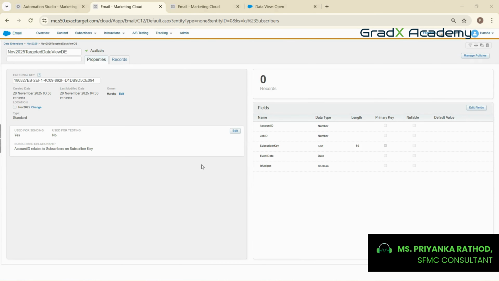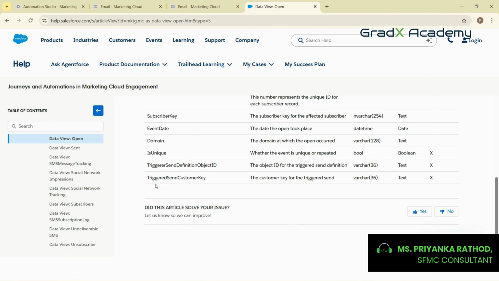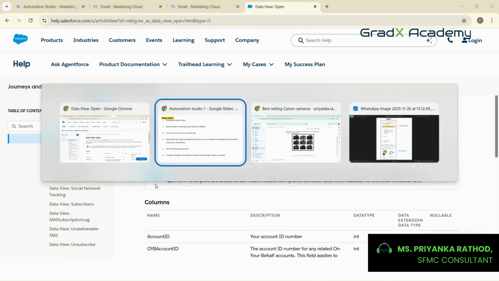The data has not been reflected here. Once the process completes, it will automatically refresh and reflect the data here. So what we saw is that from data view we can get any data we want about a subscriber. Okay. Next,